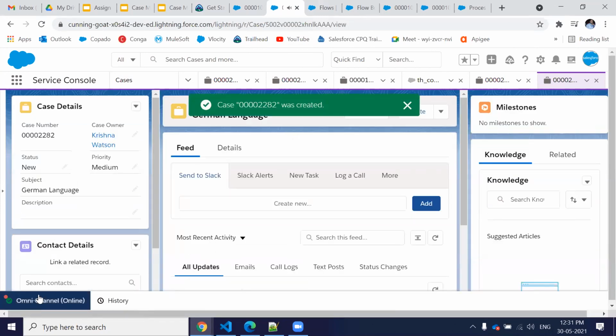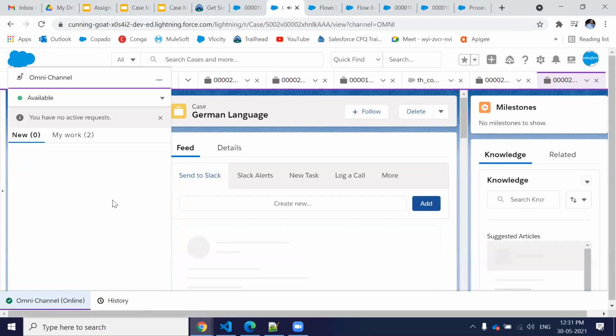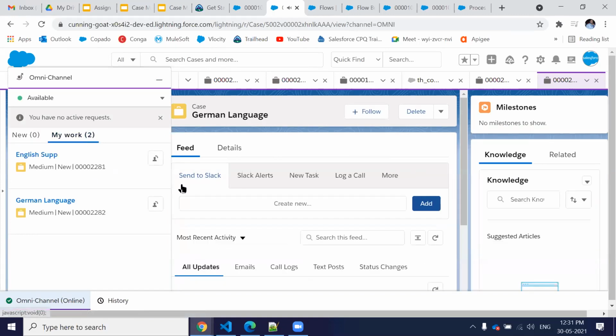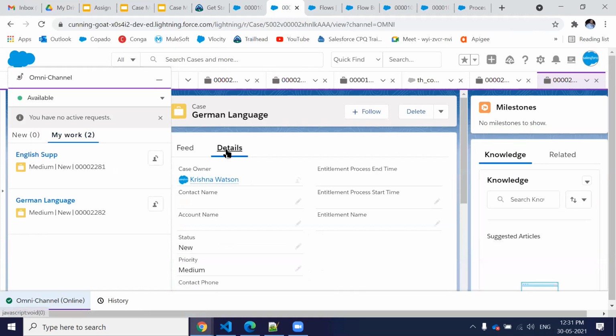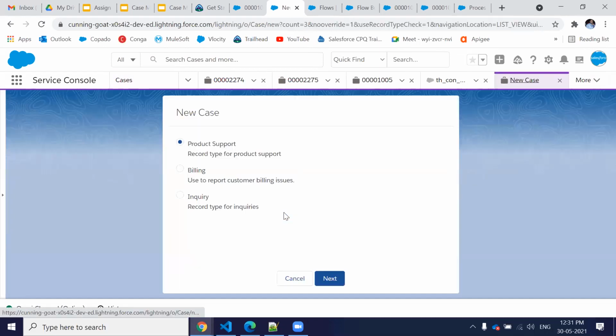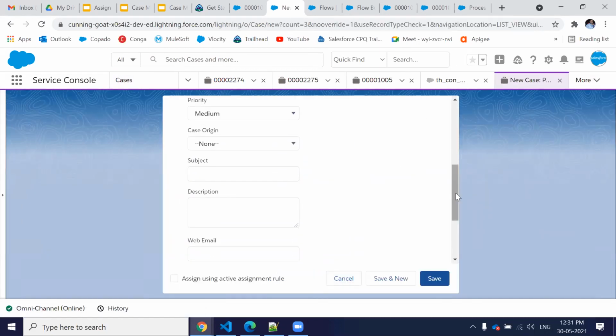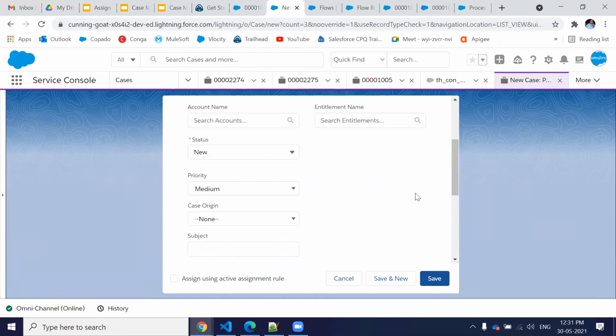See, it's automatically routed to me because I also possess the German language in this org. Not sure what is happening here. It's working seamlessly. I do not have to do anything. The code is in place. The trigger is placed.